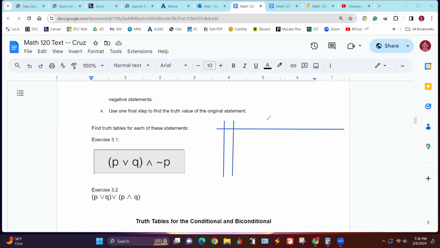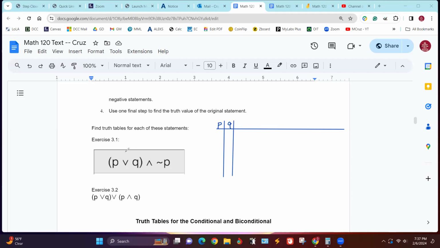Take advantage of that because again, these are steps. These are like those order of operations things that we did with the set operations. Same kind of thing.